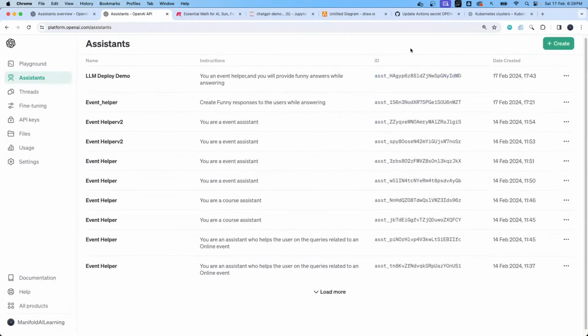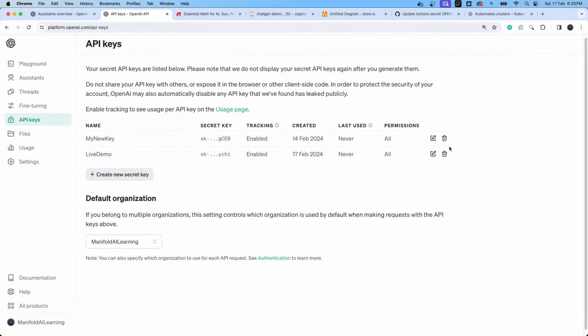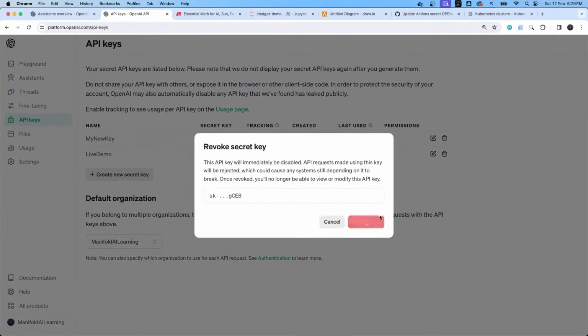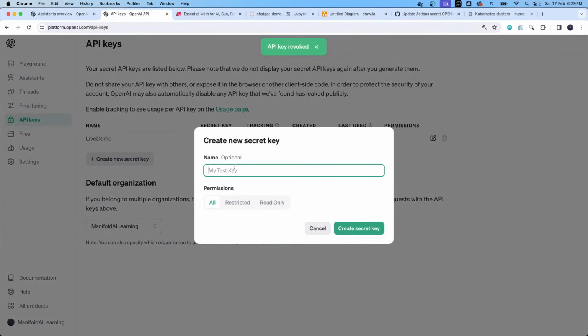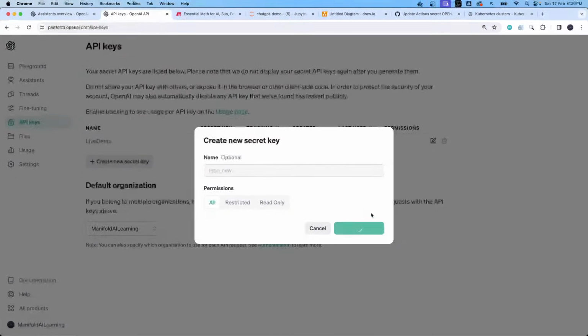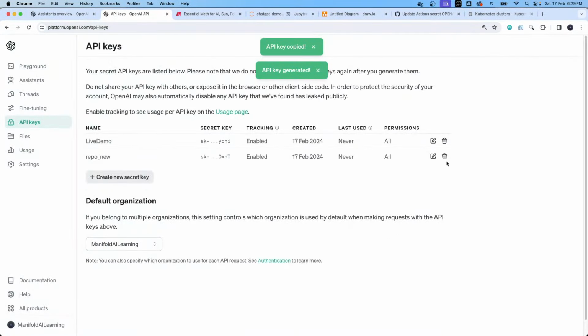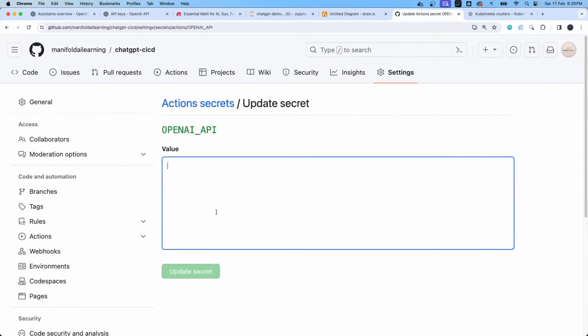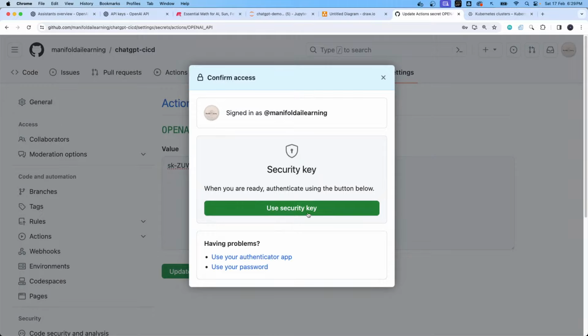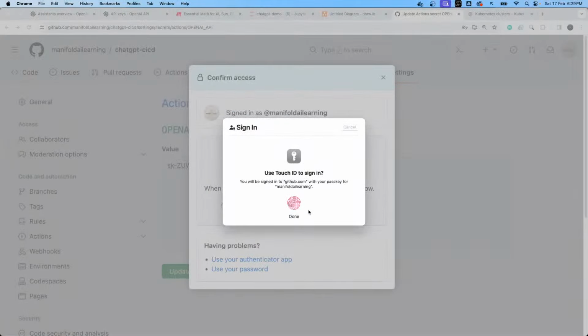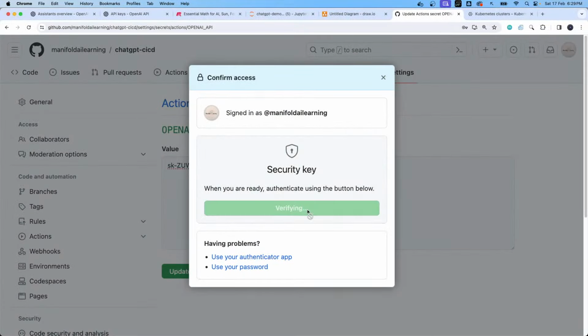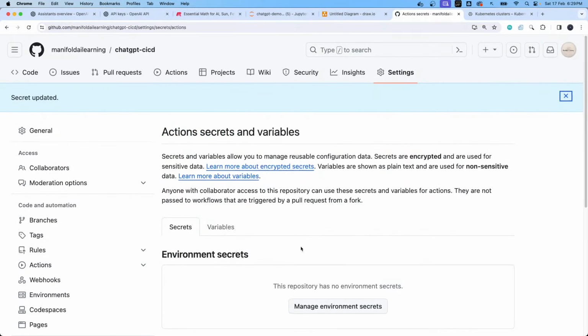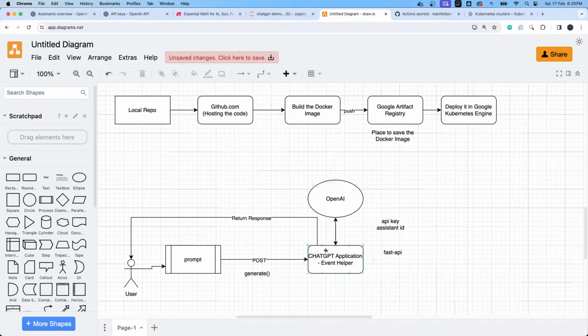I think I've lost it. Let me just delete everything and recreate a new one. I'll create a new one. I'll delete the old ones. This is just for authentication. I'll update the value and click on update secret. Once I update it, it will be using the latest authentication in order for my application to